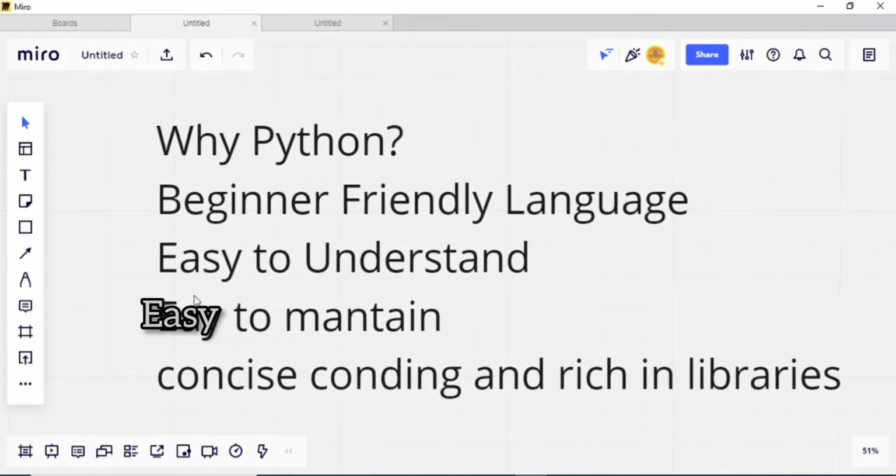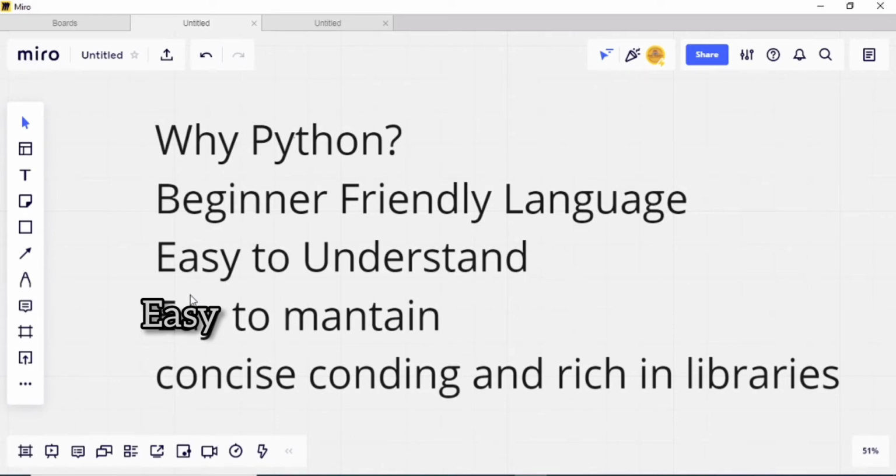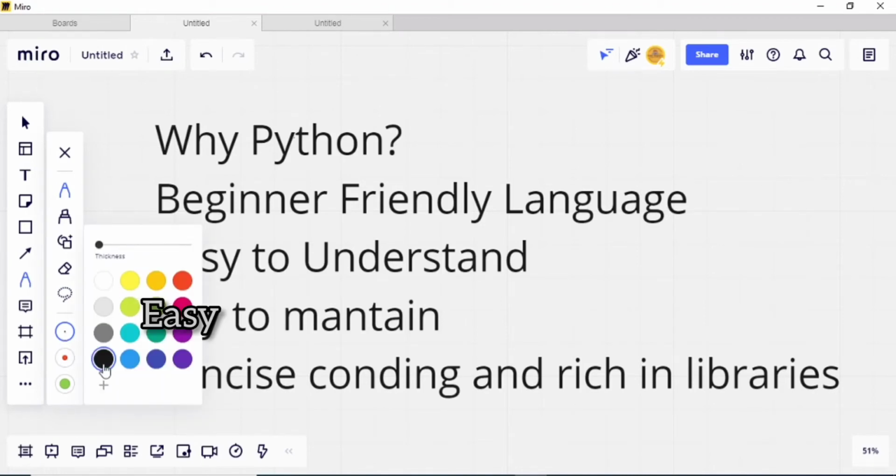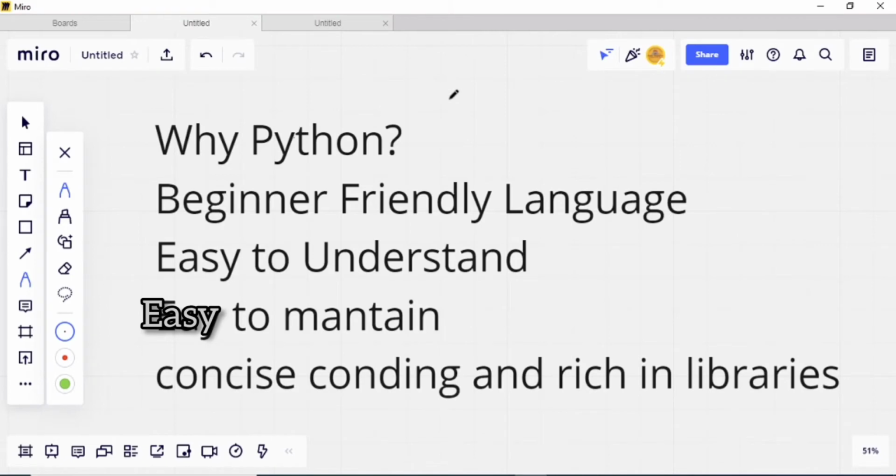So before learning Python, everyone has a question: why Python? Because in industry we have a lot of other programming languages like Java, C, C++, Golang, and so on. There are a lot of programming languages currently used in the industry market. But why is Python trending nowadays, and why do people want to learn Python? It is a beginner friendly language, because everyone who is